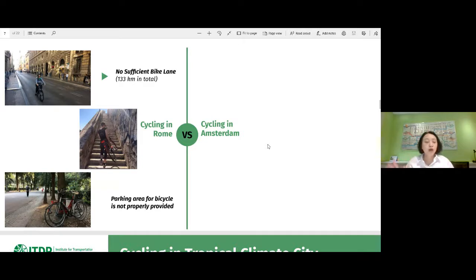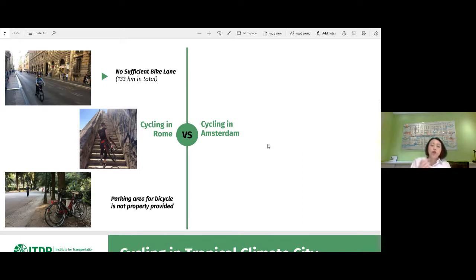Maybe as you all know, Amsterdam is heaven for cyclists. Practically all the roads are for cyclists, with proper bike lanes, and they have very abundant bike parking on every corner of the city, and it's very easy to access the city's bikes.